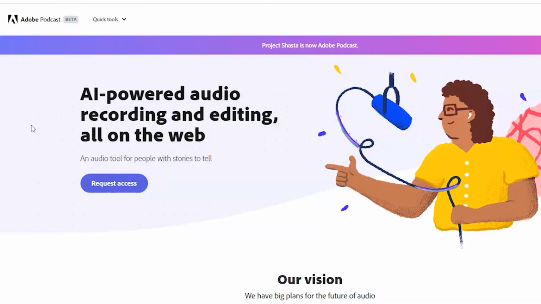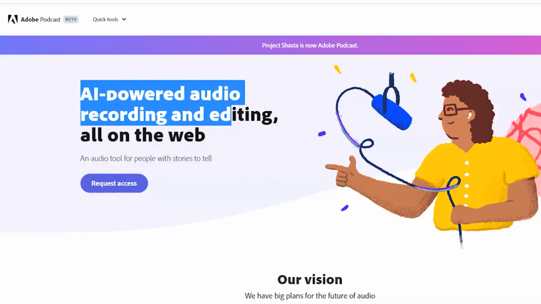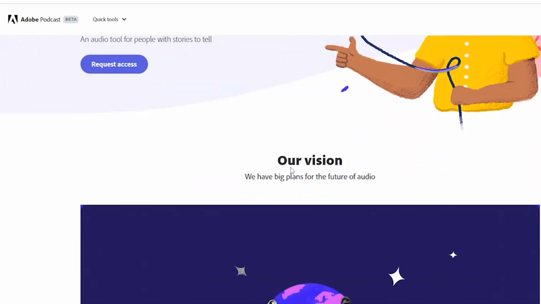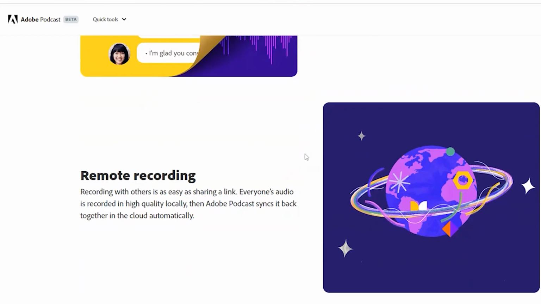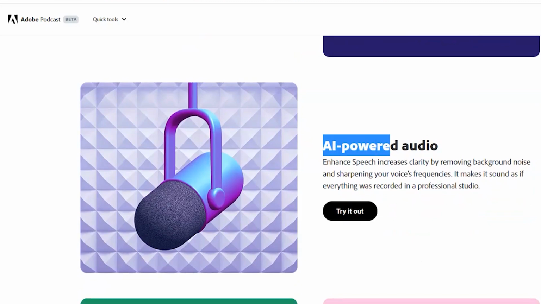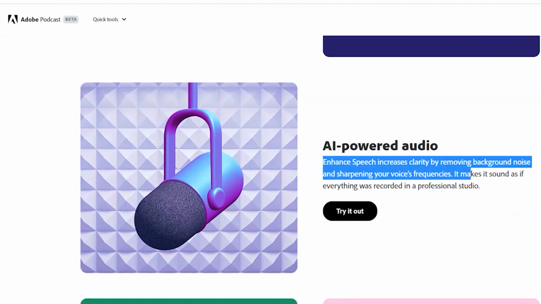Adobe Podcast. The Adobe Podcast AI tool is a natural language processing (NLP) tool that helps podcast creators and editors produce better audio quality. It uses machine learning to detect and remove background noise, add clarity and focus, and improve the overall sound of a podcast. It is a powerful tool that can help improve the quality of a podcast and make it easier to listen